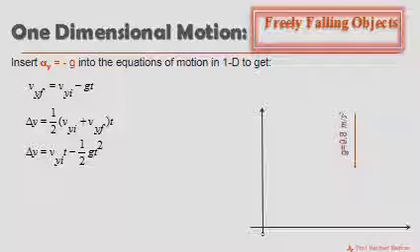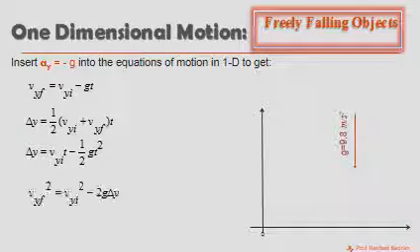The third equation, delta y equals the product of the initial velocity and time minus half g t squared. And finally, the square of the final velocity equals the square of the initial velocity minus 2g delta y. Obviously, the minus sign of the acceleration due to gravity is already introduced in the equations,